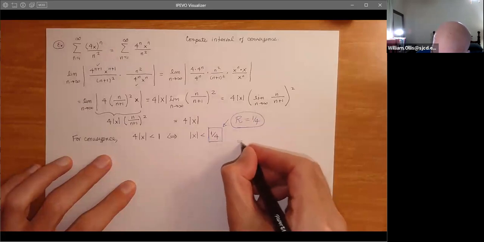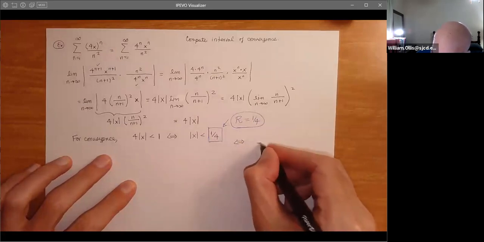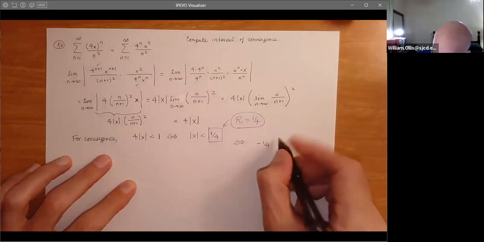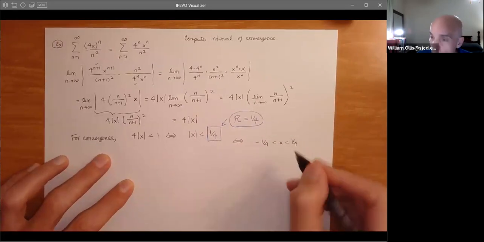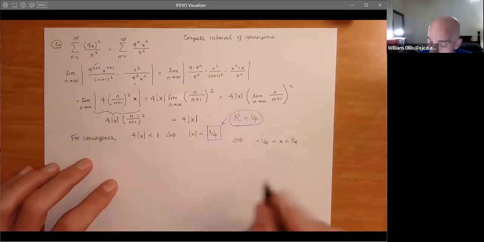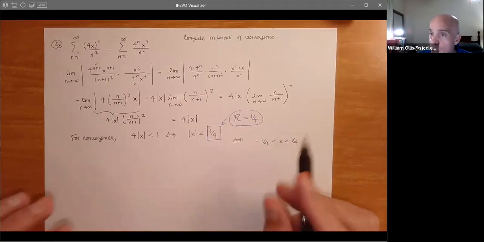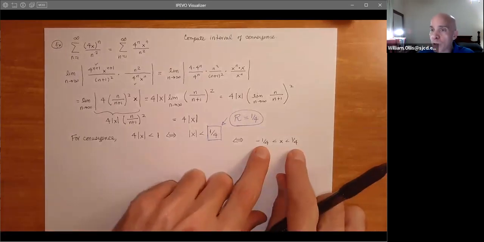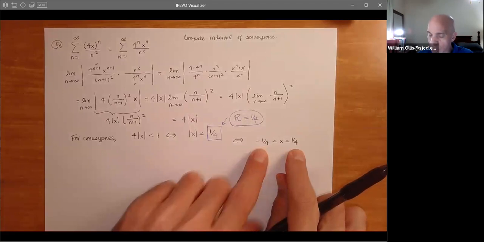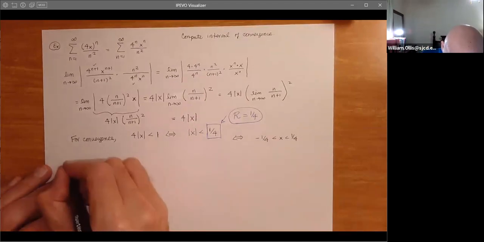So now this just basically says that x lives between negative 1/4 and positive 1/4. So this is an open interval here. Again, with the ratio test, if we go outside of this, that is, we go beyond the endpoints, we clearly get divergence. However, inside, convergence, but endpoints, not so much. We have to check those. So let's look at it. So let's check